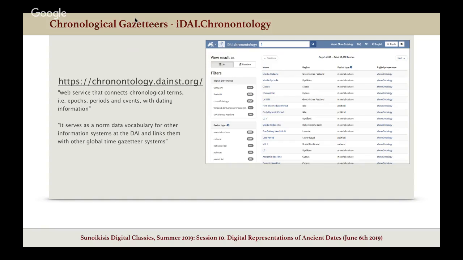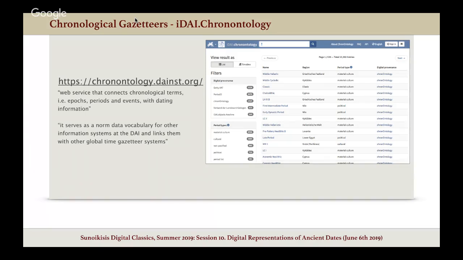And those periods can be used to filter and browse for data according to historical periods. So in the end, you can find objects or places from the same period. They have imported existing period definitions from other sources, like, for example, the Getty AAT or the Arachne image database. They have created one own dataset, which they use for their own databases of archaeological material. In general,